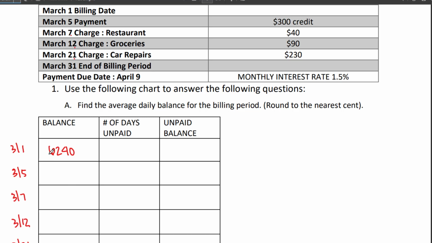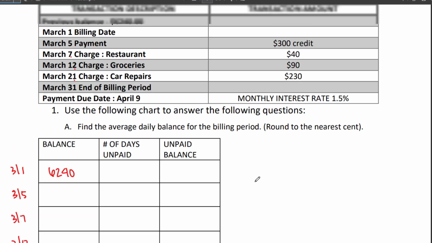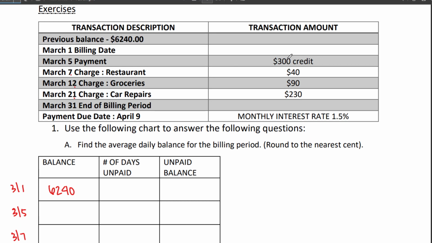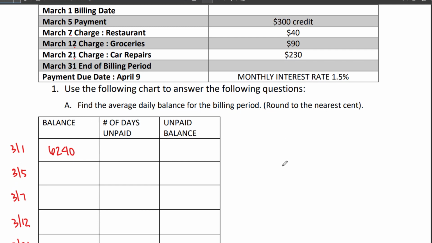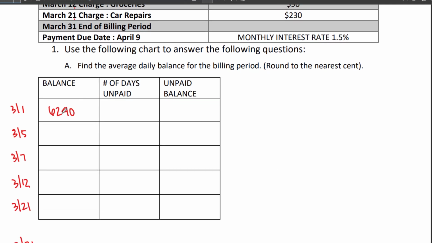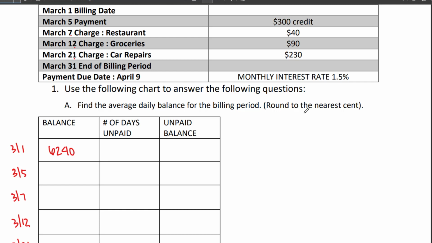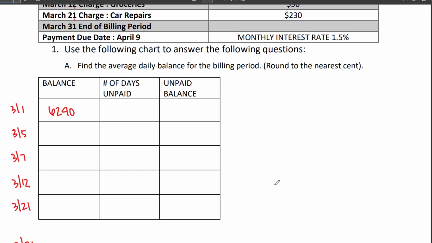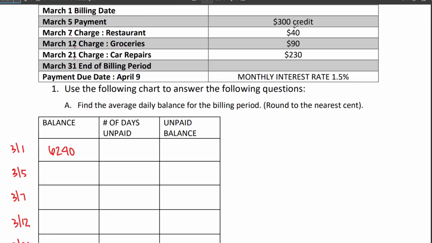So we start off with $6,240, and it says on the 5th that we make a payment of $300. Now, the balance of our credit card, this is the money that we owe our credit card company. We owe them $6,240. So anytime you make a payment, that balance goes down, because this is basically money that we owe. This is like a loan. You can consider it like a loan. If we make a payment on that loan, then our balance goes down. So if we pay $300,